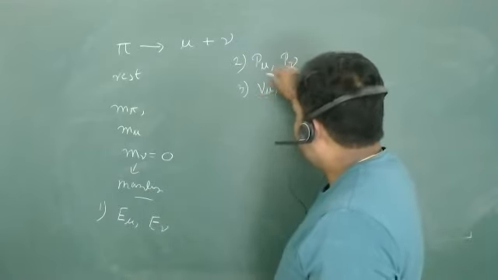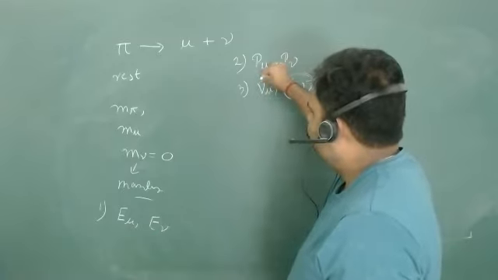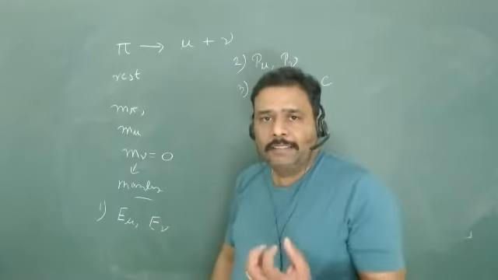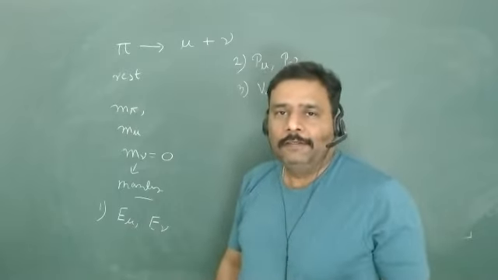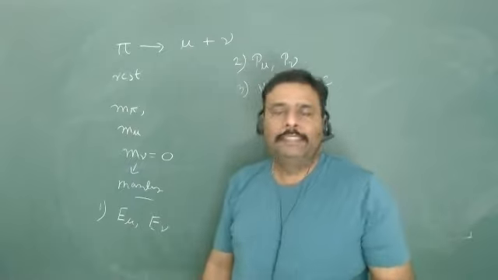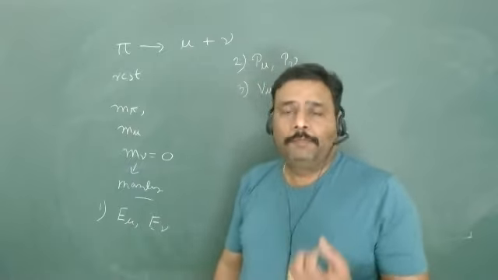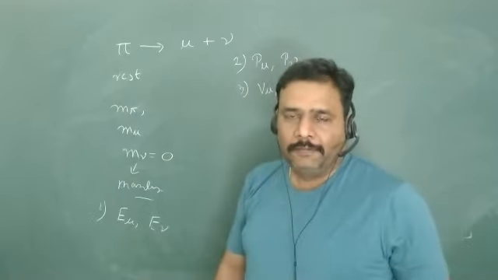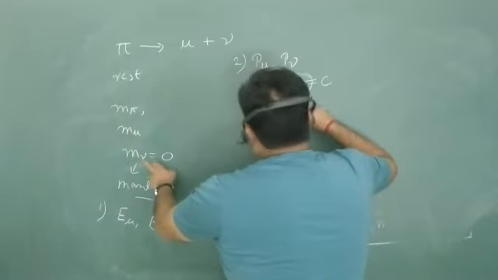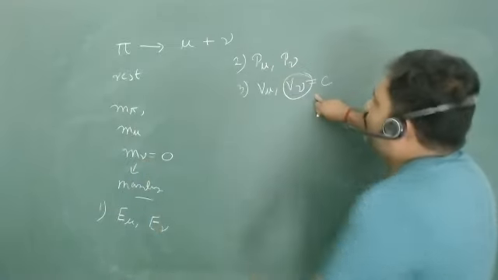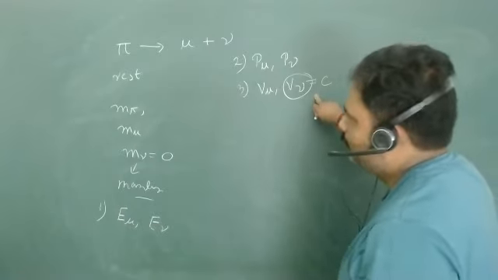Will this be C also? V mu? No, sir. No, never, sir. It has some mass. So if it has some mass, it cannot be equal to C, because it is in our postulates, it is in our assumption that any material particle cannot move with the speed of light, hence it is not material, because rest mass is 0, then only it can move with the speed of light. So this is very interesting, isn't it?